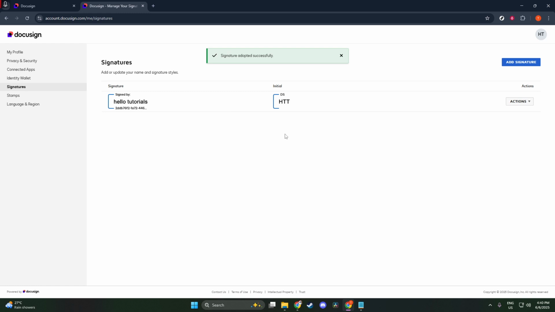And there you have it. You've successfully changed your initials in Docusign. By following these straightforward steps, you've ensured that your digital identity matches your current personal or